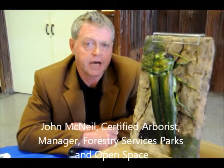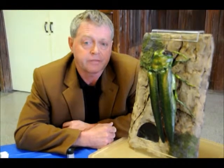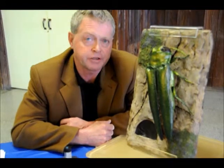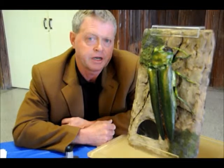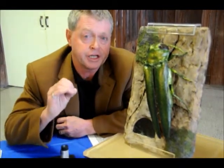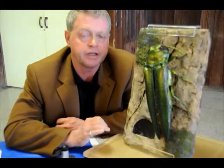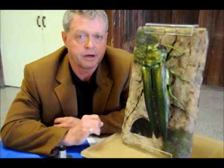This is a model of an insect called the emerald ash borer, Agrilus planipennis, also known as EAB. EAB is an invasive species that is relatively new to North America. It was introduced approximately 2002, and it's one of only 2 insects in North America that have the designation by the Canadian Food Inspection Agency as a primary tree killer. That means that this insect can wipe out and kill otherwise perfectly healthy ash trees through the destructive process that it